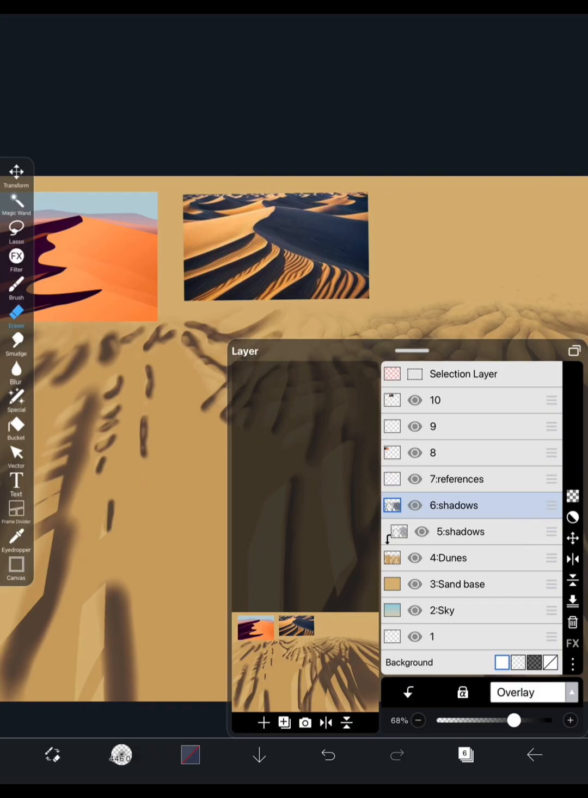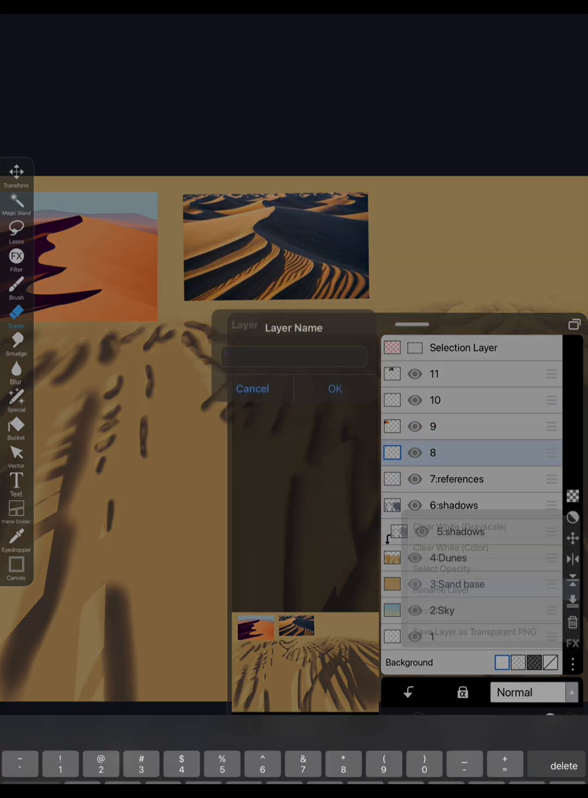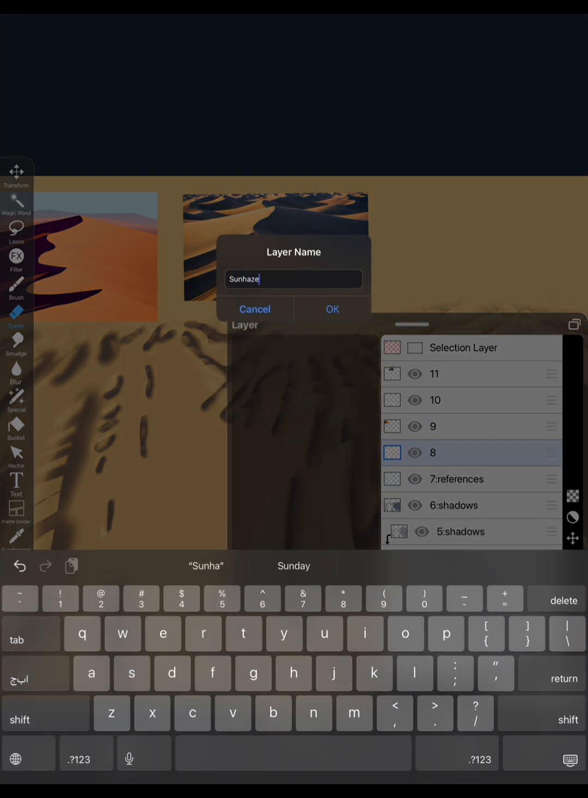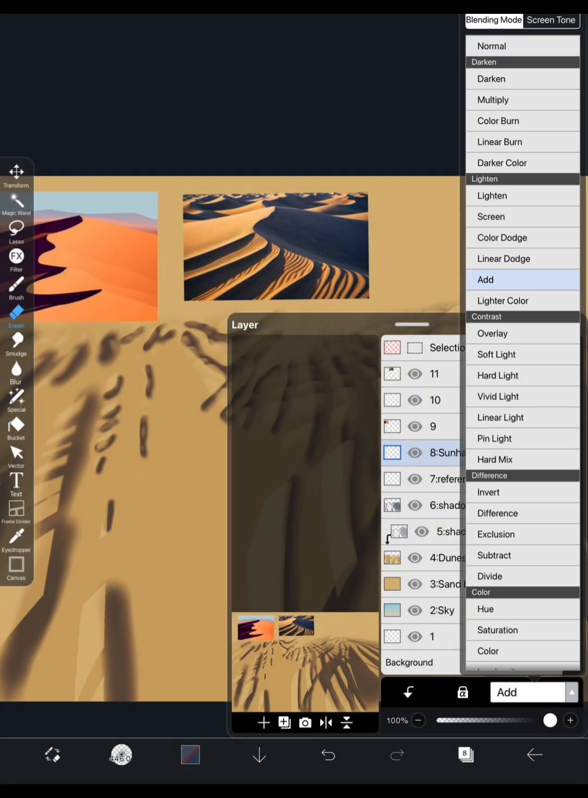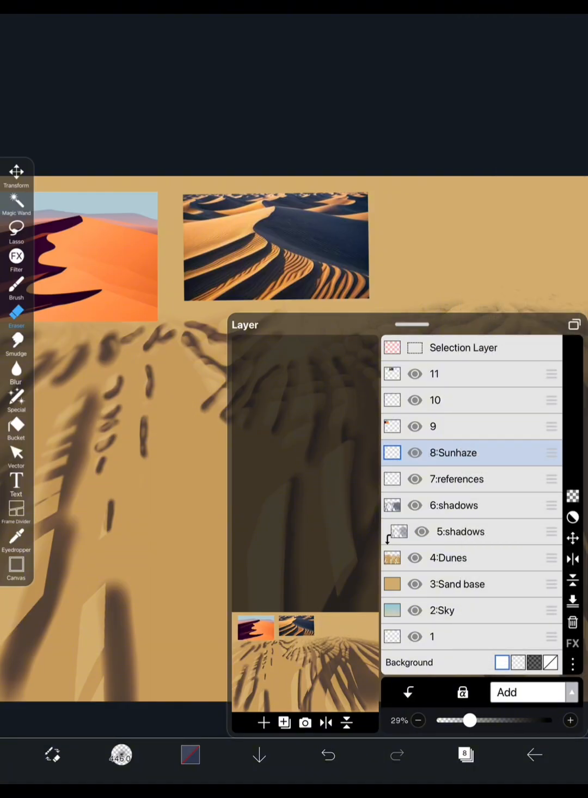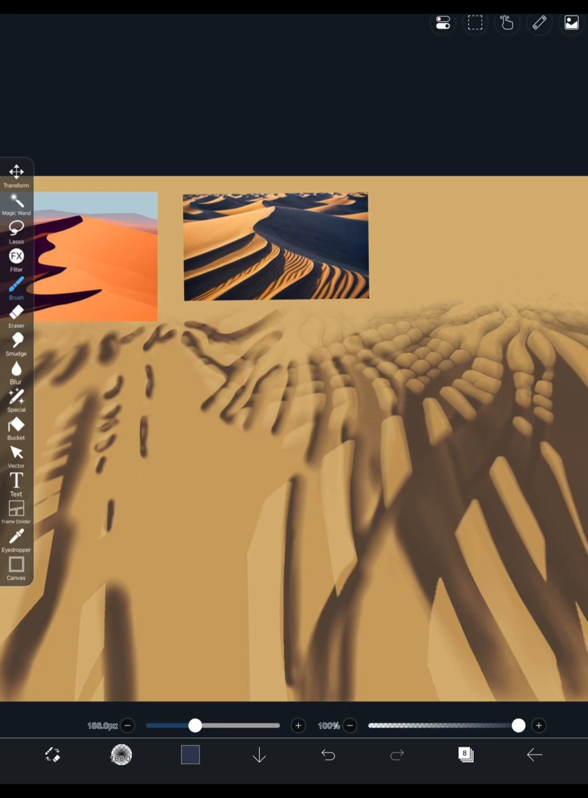Next, for the sun haze and glow, I will tap a new layer. I will rename this layer sun haze, or just haze, and put it above the sky. I'll set the blend mode to add or screen, and I'll set the opacity to 15% or 30%. I'll use airbrush again, and this time I will tap near the sun area with